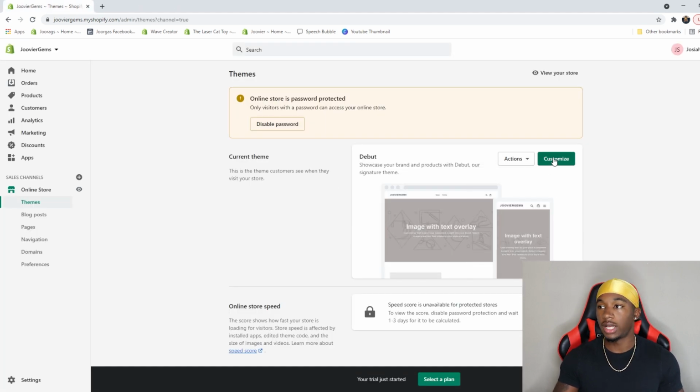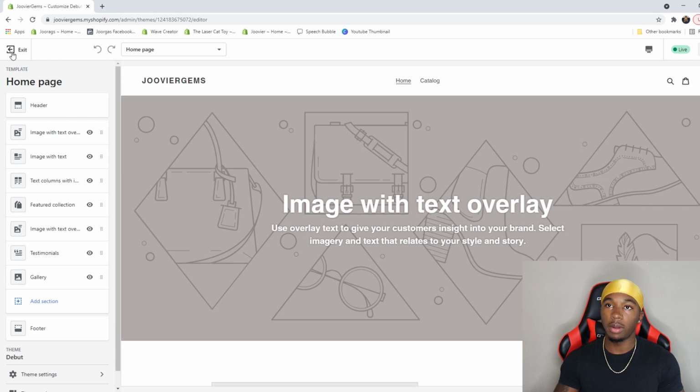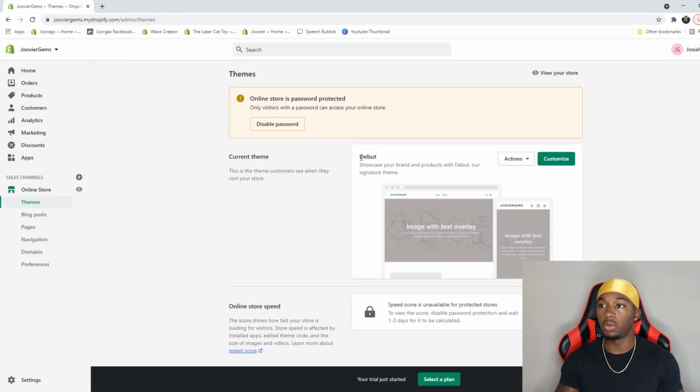But all you would do to change that is go to customize. Then it'll take you to this whole screen where you're able to customize every single part of your website, from this picture to these words to this up here to this name to all the coloring of it. But let me show you guys how you're able to change your theme,